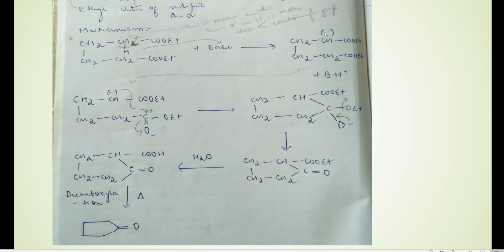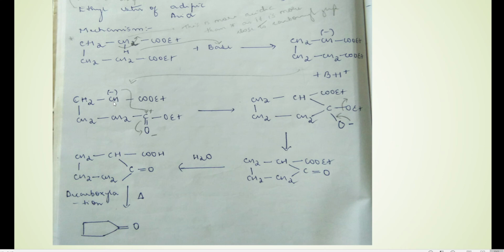Now here this carbon has got a negative charge because it has lost one proton to the base. Next step is here, since this carbon has a negative charge, what about here? We have COOEt, that can be written like this, C double bond O OEt. Now you can see here there is a carbonyl group, and the oxygen is more electronegative, so it will start to pull the electron towards itself. So oxygen will get a minus charge and this carbon will get a partial positive charge. Now this carbon here has a negative charge and this carbon here has a positive charge. So therefore there is a bond formation between this carbon and this carbon, that is shown in the next step.